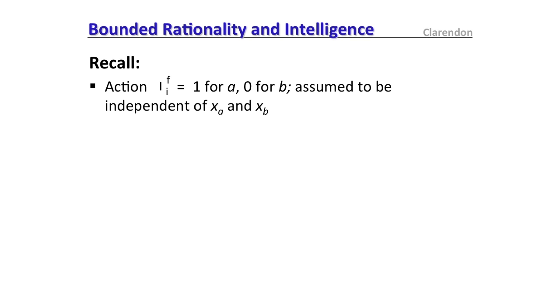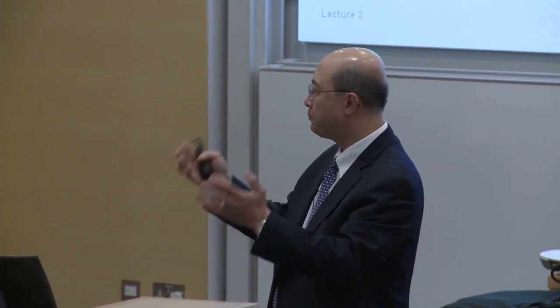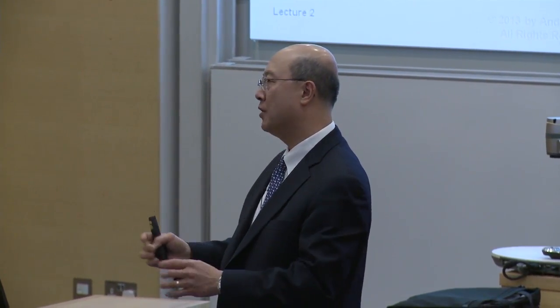And yesterday, we assumed that it was mindless behavior. In other words, individuals were simply choosing A versus B, in some cases randomly, in some cases deterministically, and we were going to allow evolution to show us which of these different behaviors was going to emerge most successfully, the one that was going to grow the fastest. It turns out that the assumption that this behavior is statistically independent of the outcome is part of that mindlessness that we were focusing on yesterday. I'm now going to change that today.